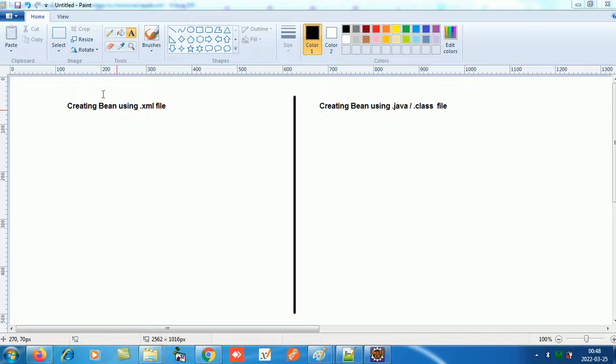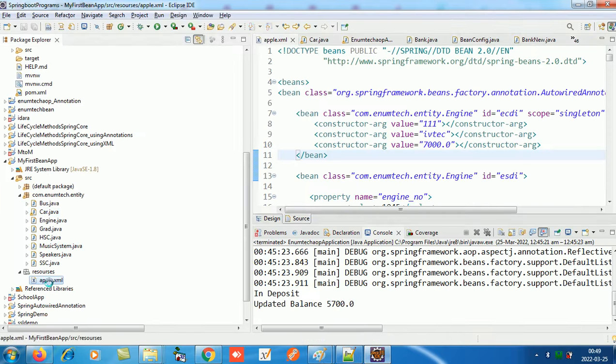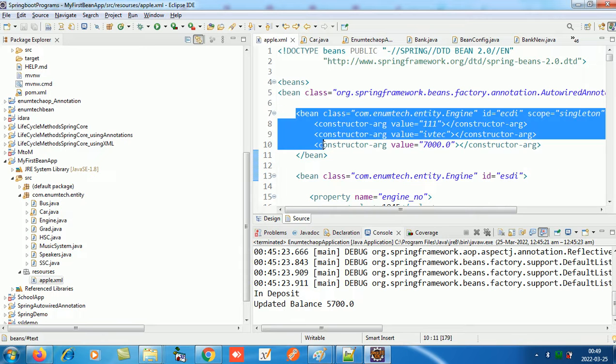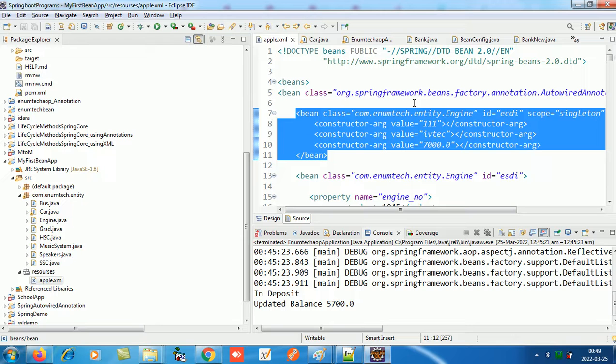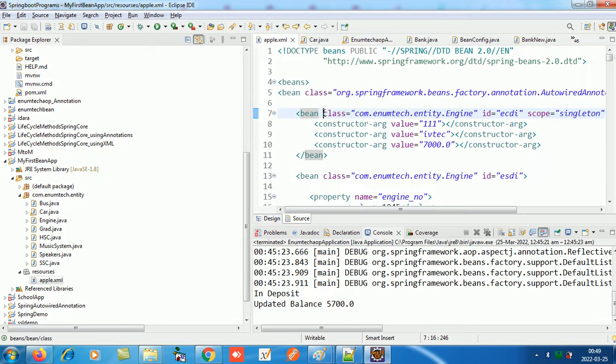Today we'll study how we create beans using an XML file, and how we create a bean using a Java or a class file. We have already done this practically before, wherein we create an XML file. We can give it any name we wish to. In that we make a bean element. That bean element has the class of the bean and the ID of the bean,